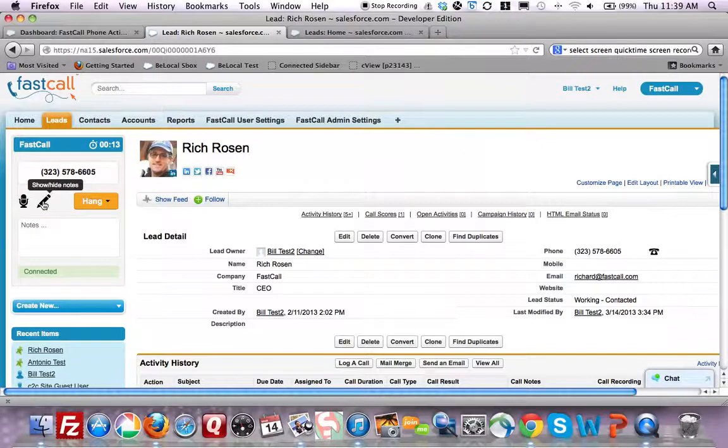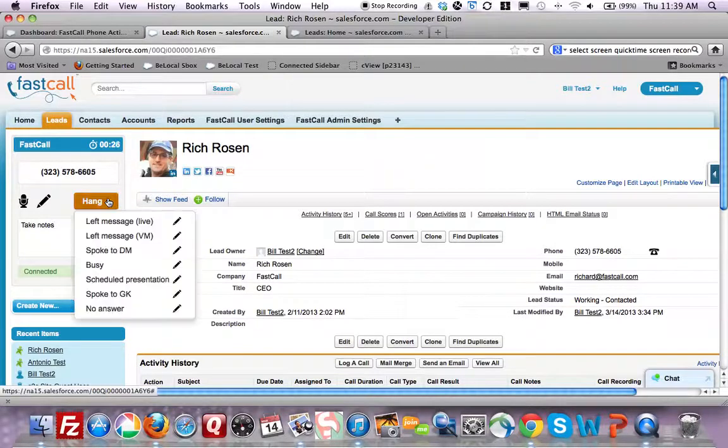In our paid version of the application, I'm able to take notes while I'm on a call, so I'm going to say take notes. There's the user phone ringing. And then when it comes to hanging up the call, I just click this button and I have dispositions or call results that are listed here, and these can be customized by you. These are just the defaults that we have